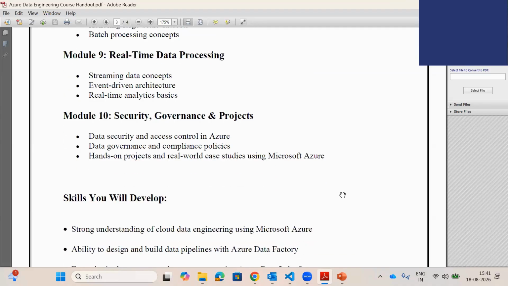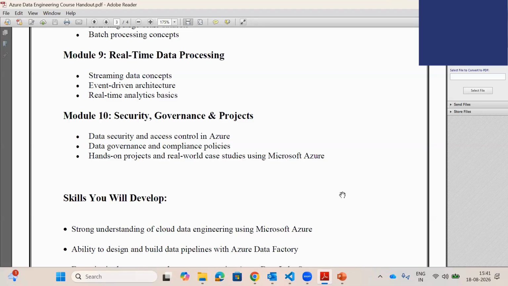Now, we have talked a lot about data till module 9: how we can gather the data, how we can transform the data, how we can load the data, then how we can consume the data in terms of streaming, event-driven, real time, and how we can visualize the data. However, it's very important to keep the data secure and governed.